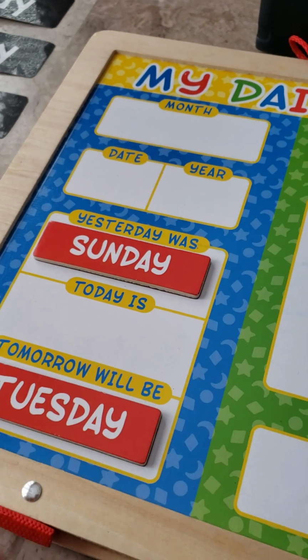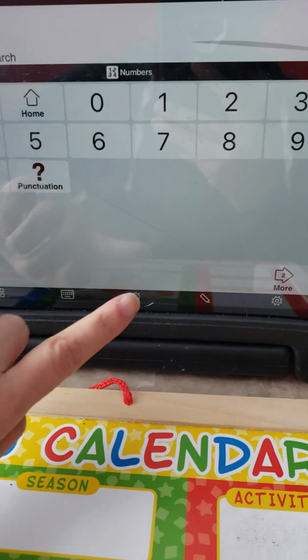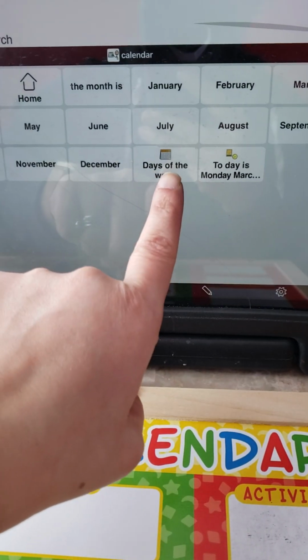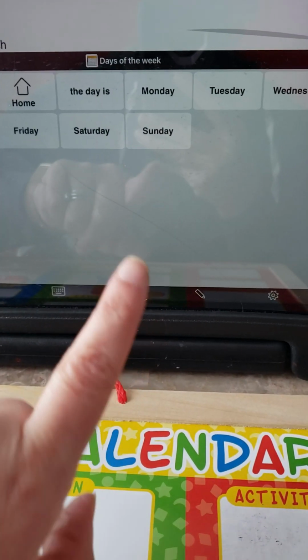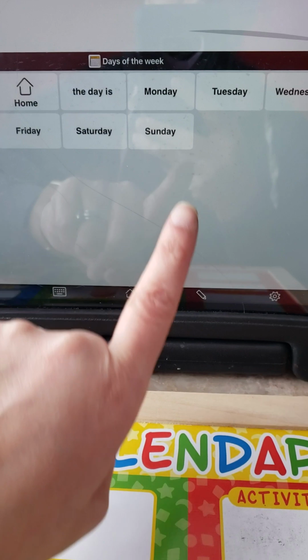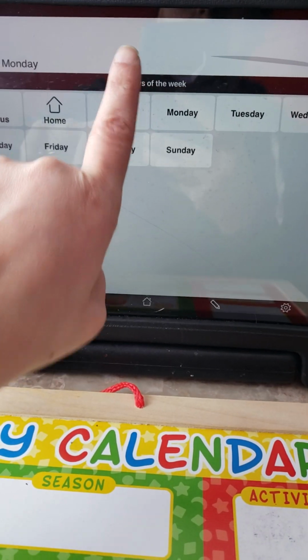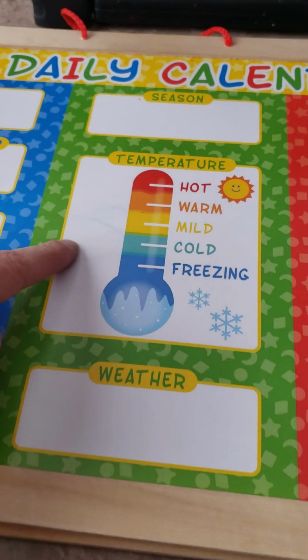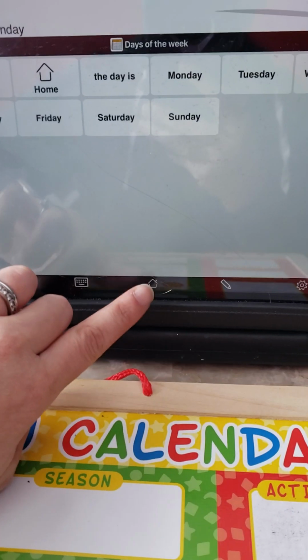Then I'll ask her what day of the week it is. Same thing. She has to tell me in a sentence. She'll go back to her calendar. I have here a separate folder, days of the week. And she has to tell me in a sentence. The day is Monday. Okay. And then we do the same thing for the season, the temperature, and the weather,